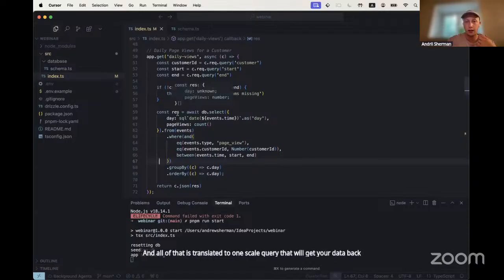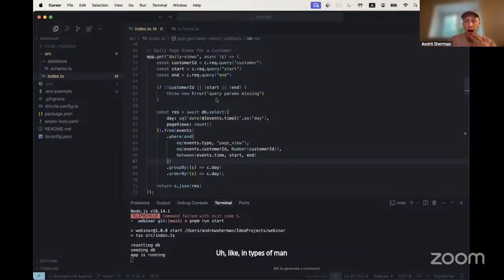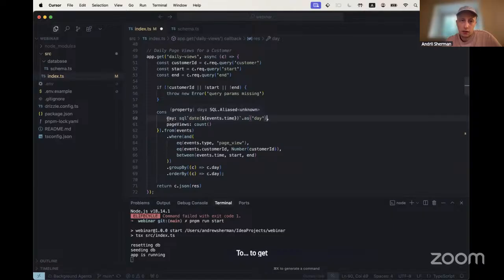And all the data, as you can see, is coming back in a type-safe manner. For count, you can see number. And for day, you can see unknown, just because we're using raw SQL, and if we actually needed to get the type for that, we can define it here as well.